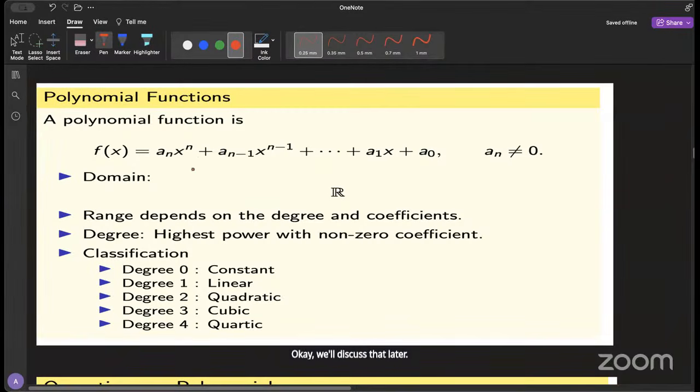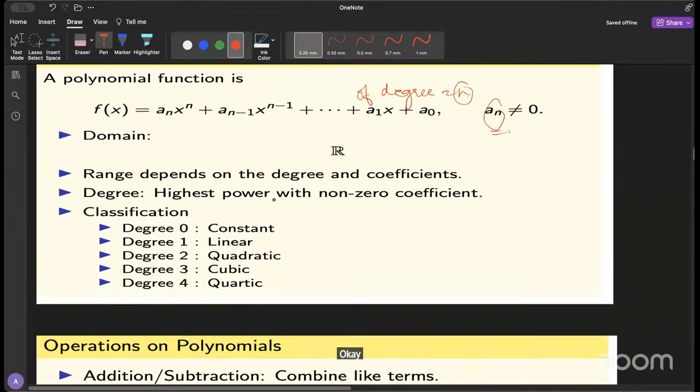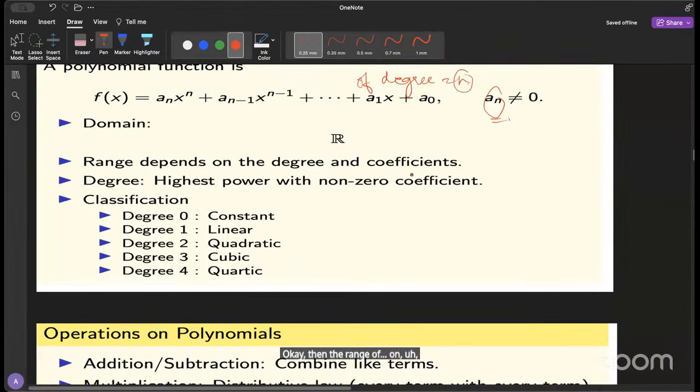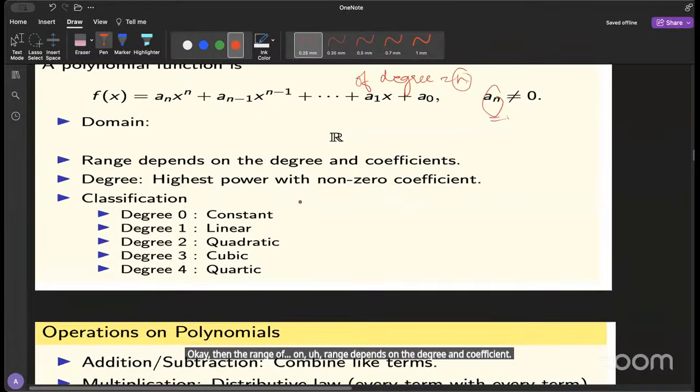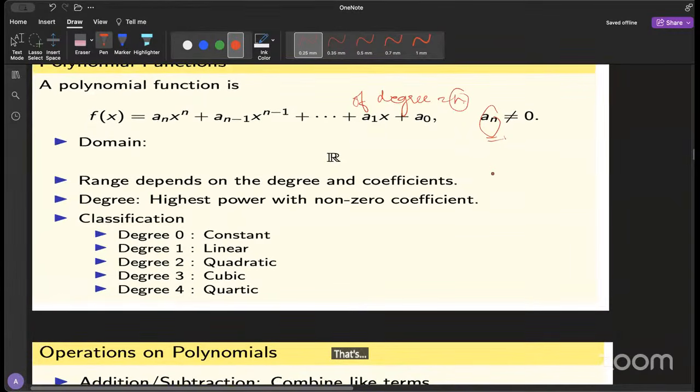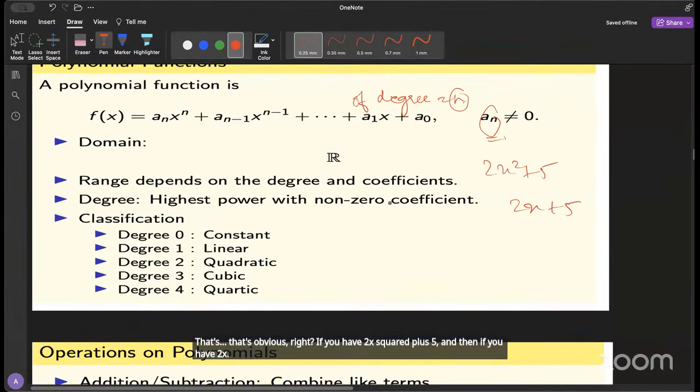So if this is your polynomial function given, then a_n should not be equal to 0. This is a polynomial of degree n, and for this to be a polynomial of degree n, you need to make sure that a_n is not equal to 0. Then the range depends on the degree and coefficient. That's obvious, right? If you have 2x square plus 5, and then 2x plus 5, it depends on degree, coefficient, and one thing that's left is